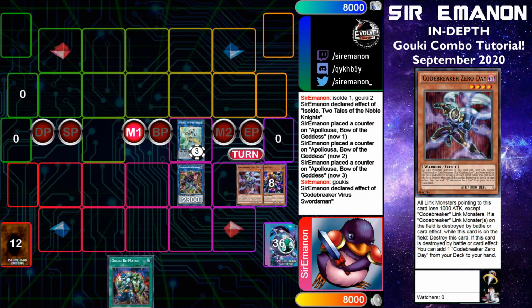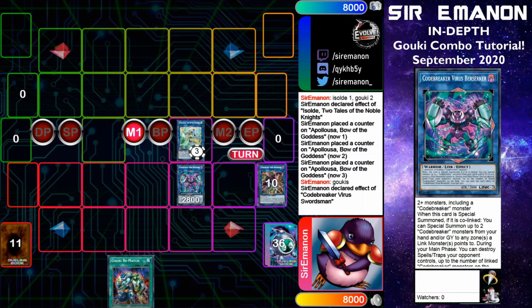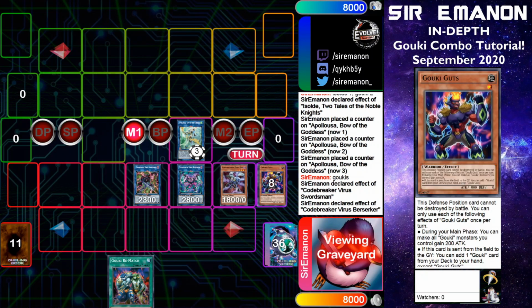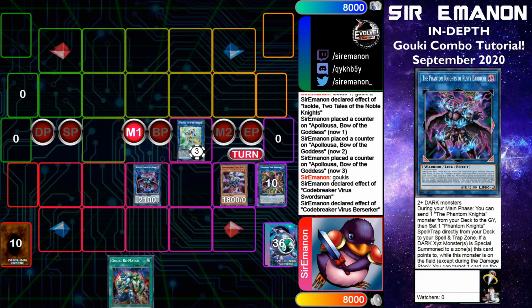And then these two are going to go ahead and go into a copy of Codebreaker Virus Berserker, which, when it is special summoned and co-linked, allows you to special summon up to 2 Codebreaker monsters, I should say, from your hand or graveyard to zones that link monsters point to. So you're going to bring back both of the Codebreaker monsters that you just linked away for, and then you're going to go ahead and link off the 2 link monsters into a copy of the Phantom Knights of Rusty